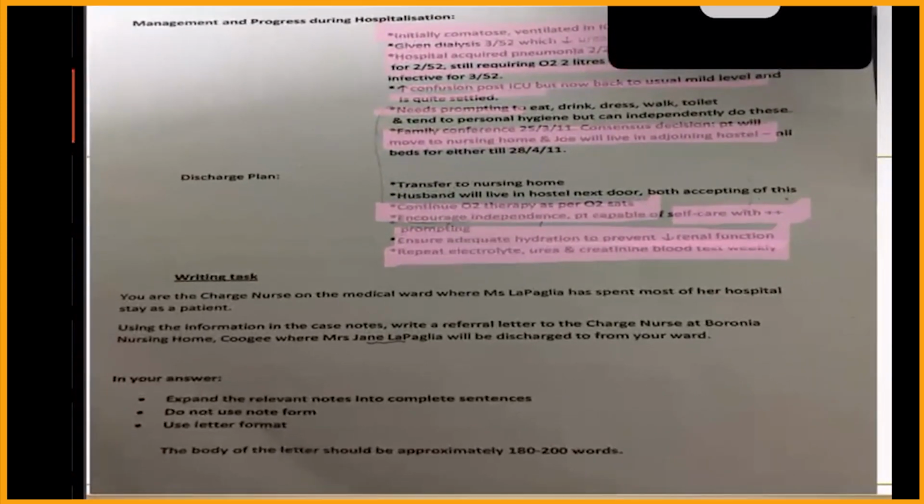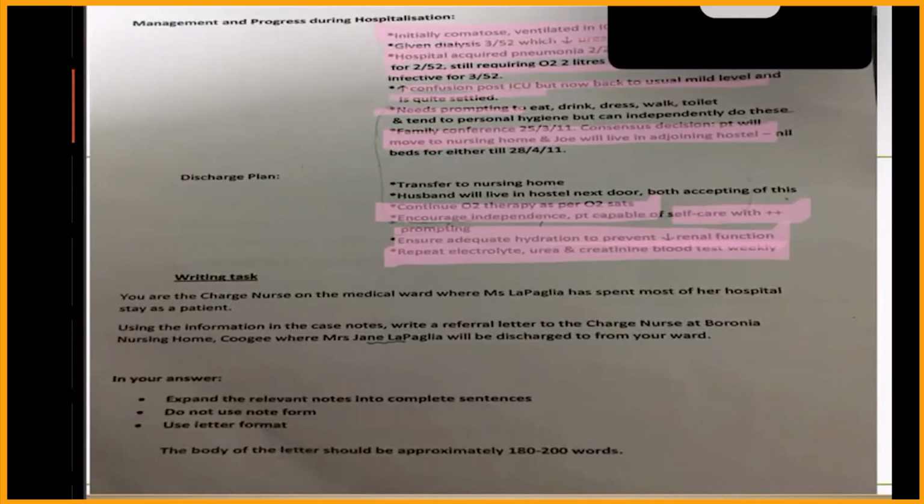Now, the first two things you don't have to write because anyway we are writing to the nursing home, and the husband will live next door. It is already mentioned, isn't it? How do you all write it? Tell me. Come, let's not waste time. It would be appreciated if you could